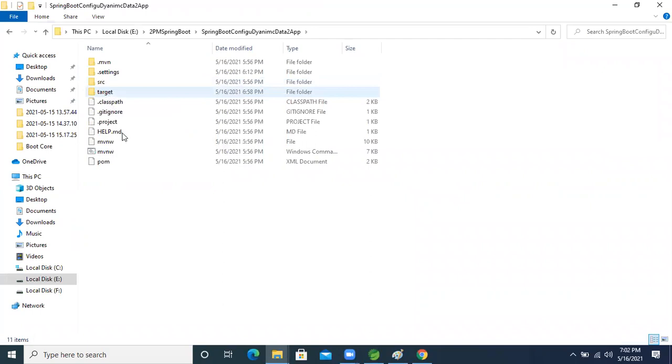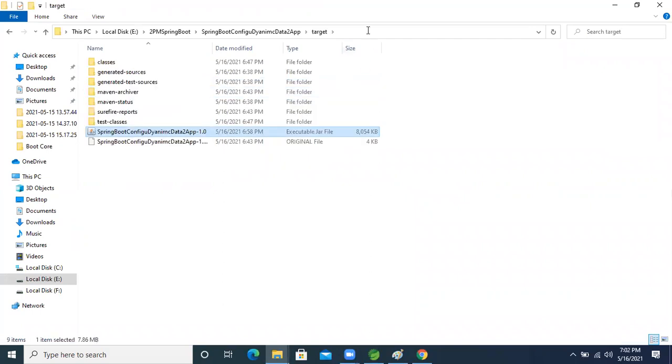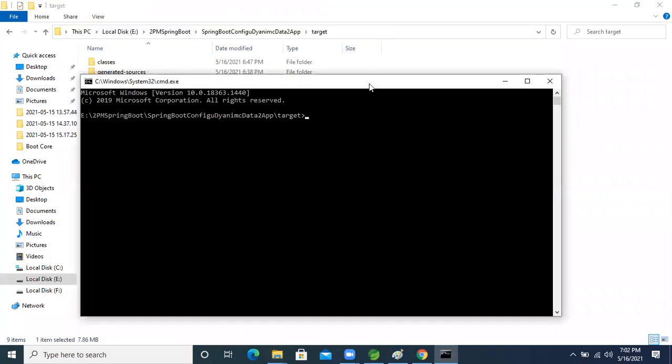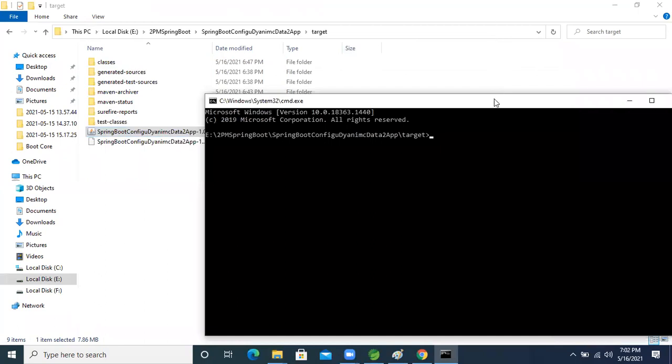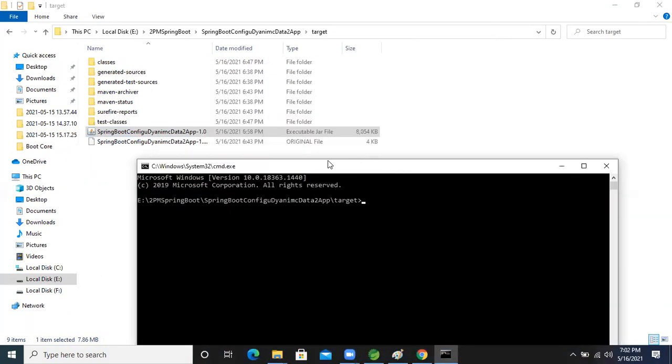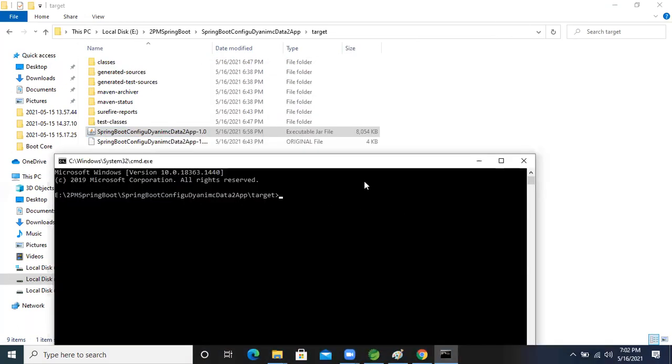See here, it's already created. Now open the command prompt, right? I'm opening the command prompt only, guys. So see this one, I'm running this jar file. How are we running the jar? Java hyphen jar.